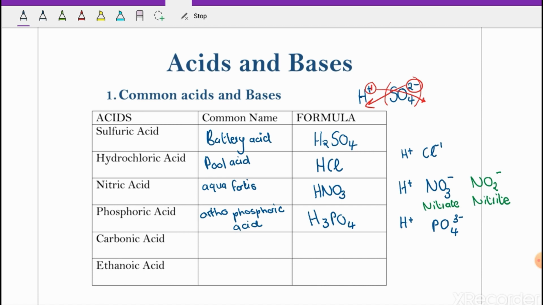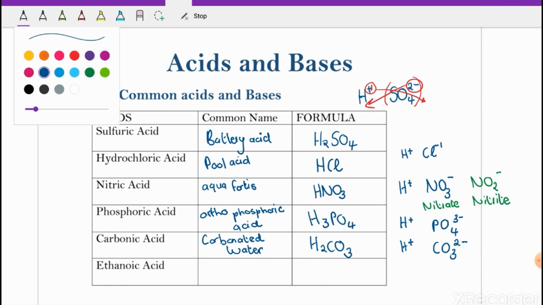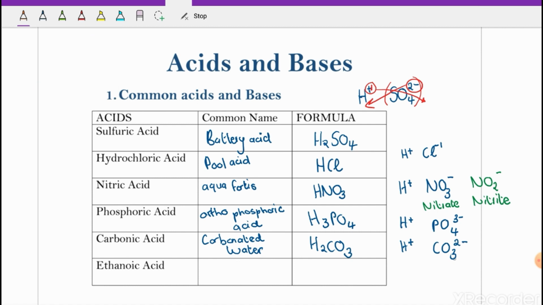Then carbonic acid is basically also known as carbonated water, like your soda water. And the formula for that is H2CO3. It contains a hydrogen ion, and then it contains a carbonate ion. So something that might be worthy to remember is that whenever you have a carbonate